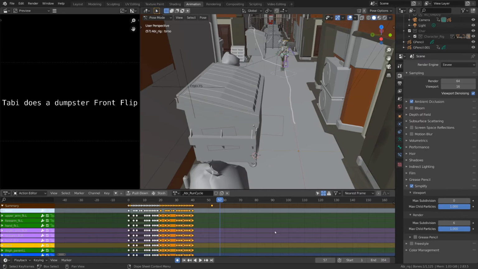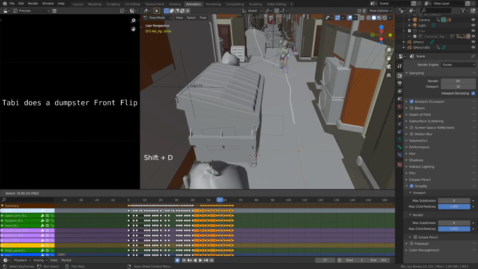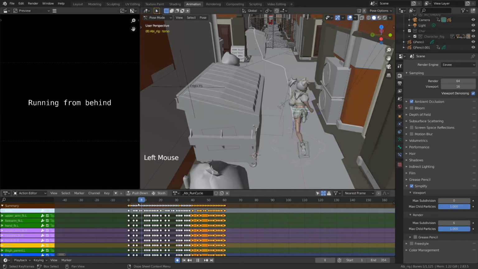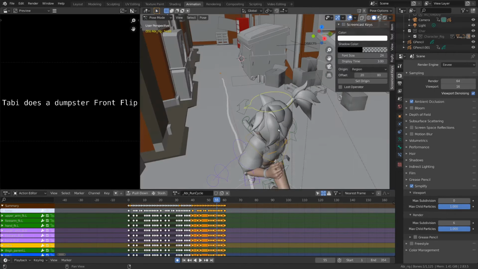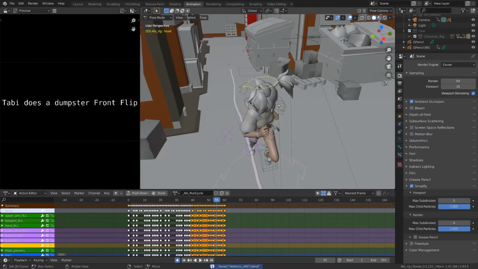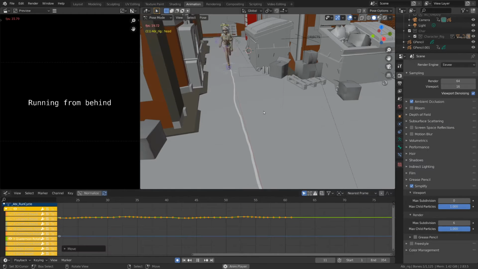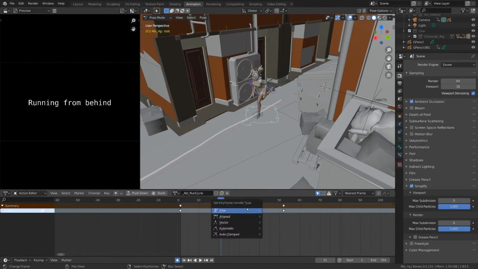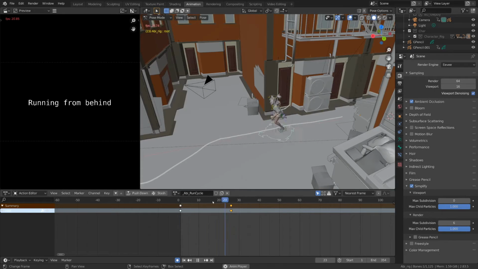And we can repeat this process however many times we need to for however long our character will be running for. I'm going to repeat it until she needs to start jumping to get on top of the dumpster here. From this point, I'm going to start animating as I normally would, setting key poses, blocking, splining, and polish. While we watch this time lapse, I'll share with you a couple things I like to keep in mind while